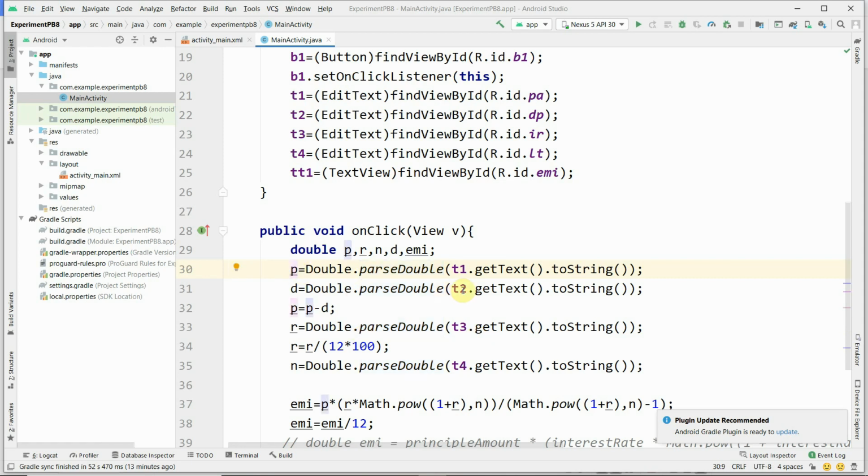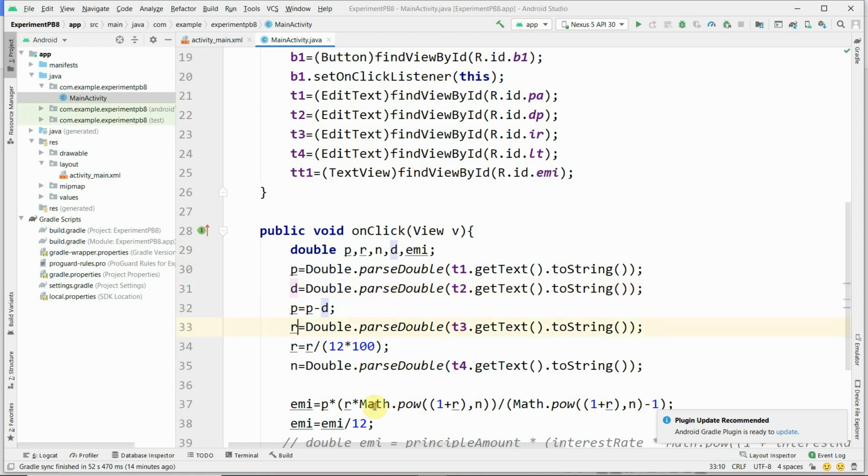Like that the text from the T2 text box. That is, we use the T2 object, T2.getText().toString(). From the T2 object we are getting the text and converting to double and storing to d.